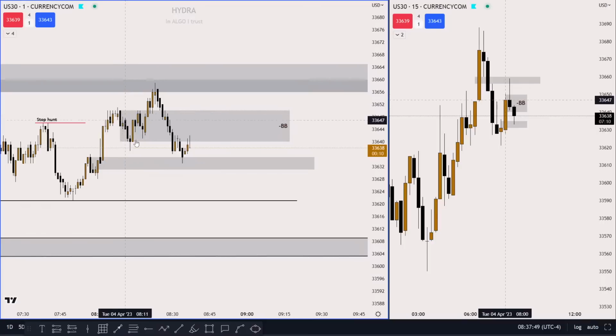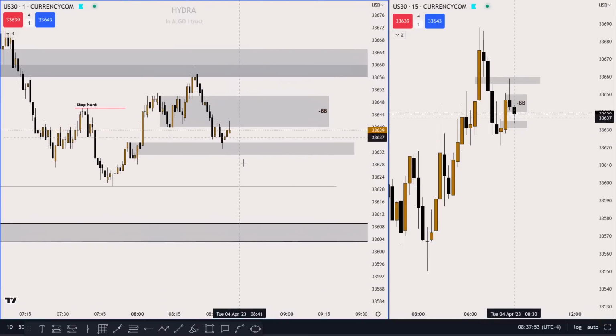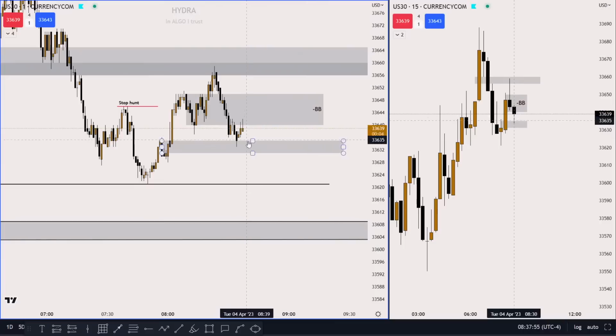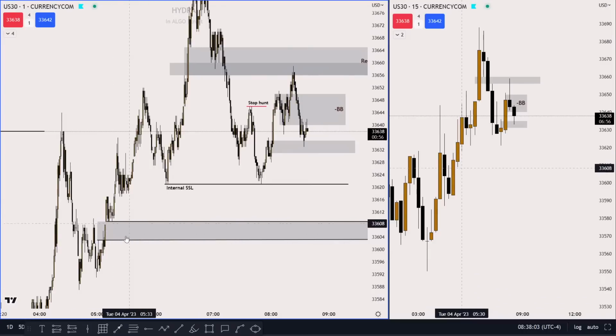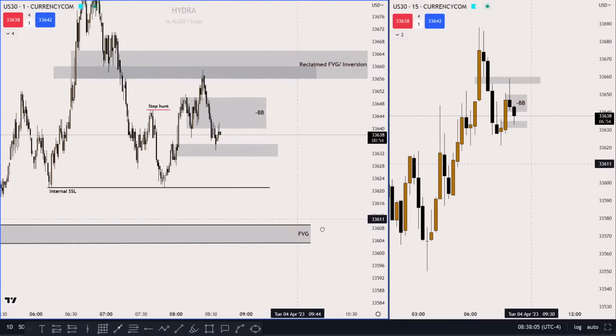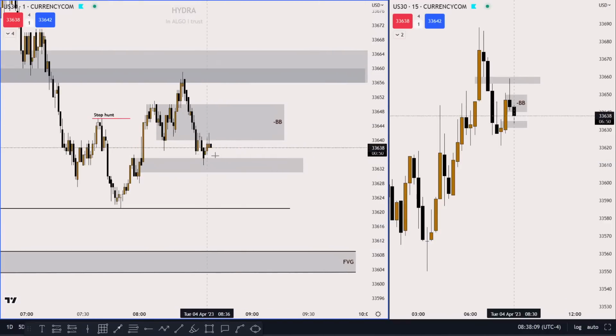Yes. So we have our breaker block right here. So I see a trade idea right here. If you guys are confident, you can put a risk and you can target these relative equal lows, this internal sell side liquidity, and ultimately we can target this fair value gap. Let's see what price does, right? I don't want to see price coming all the way up and closing a candle's body above the midway,